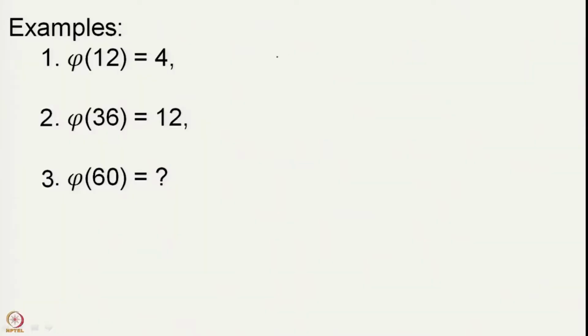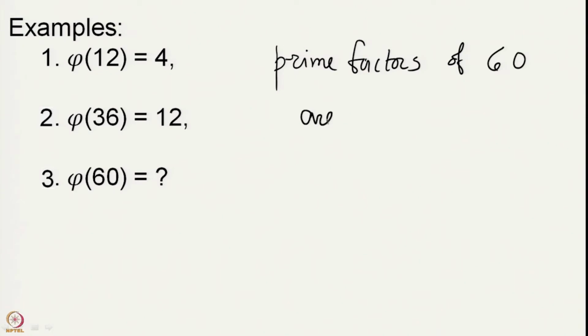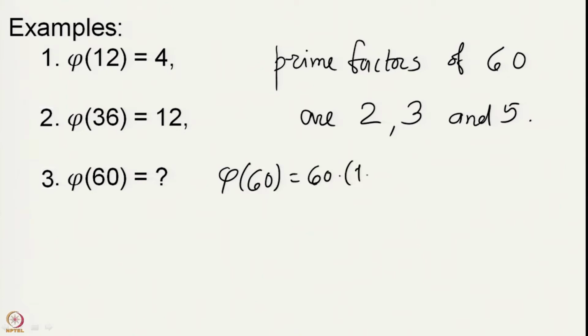Okay, your minute is up. We will apply the second method to solve this, which is to observe that the prime factors of 60 are, you have 2 dividing 60 and then 2 power 2 divides 60 actually. So, what you are left with is 15. So, you have 3 and 5, and therefore, phi of 60 is 60 into 1 minus 1 by 2,